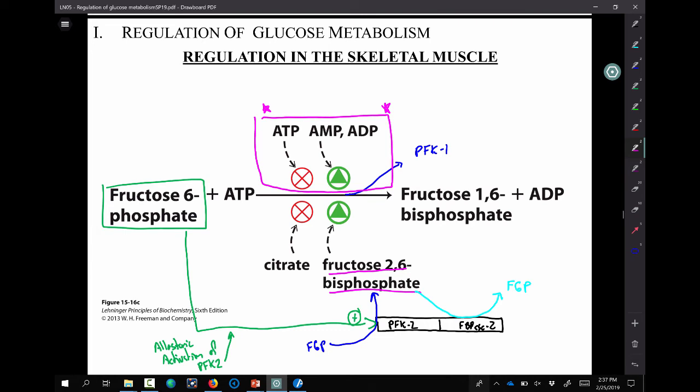So we're going to look at that, and everything that I'm going to say about this in terms of skeletal muscle would also hold true in cardiac tissue. Okay, in the muscle tissues, the PFK1 is very similar in both of those, and they can both have this type of activity related to ATP, AMP, and ADP. Okay, and so let's look at this. We'll start here looking at ATP effects.